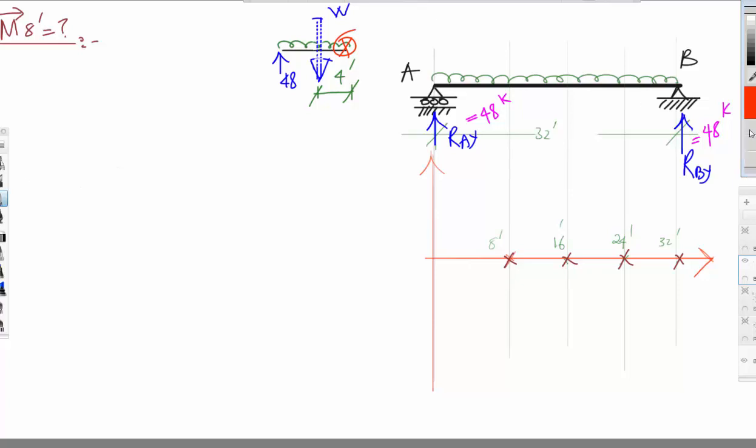So if you look at the rotation, this will rotate in this direction and this will rotate in this direction. So this is negative, this is positive. So if we do the bending moment at this distance, it will be equal to minus 48 multiplied by 8 feet plus the W multiplied by 4 feet,